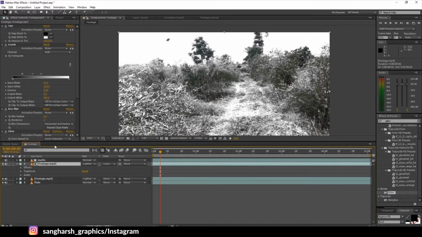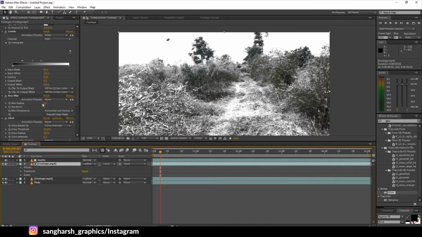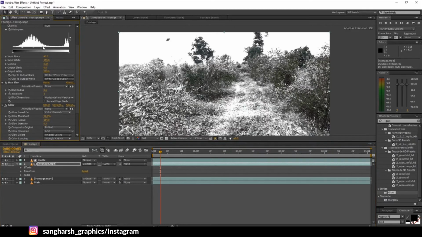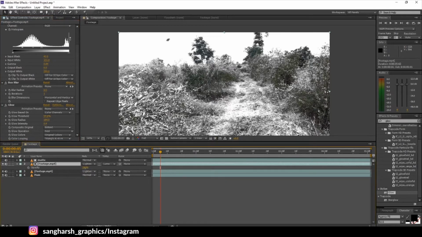Not a problem, just select the footage and the footage matte layer and don't forget to adjust the light, meaning the snow, by using the levels, and work on the glow. Now press T for the opacity and decrease it by 50. Perfect. As you can see we have got the last snow back like here.